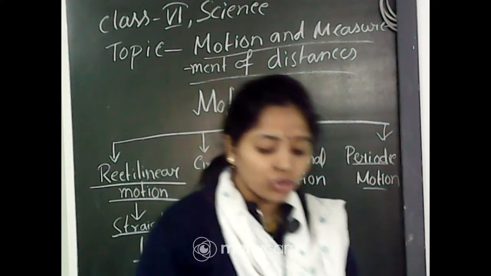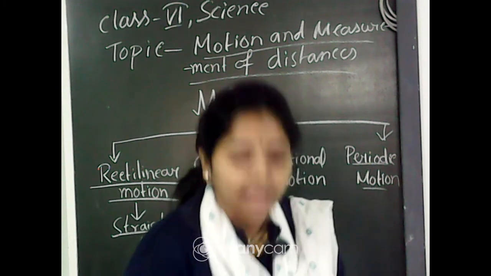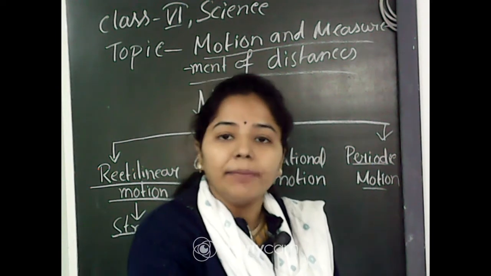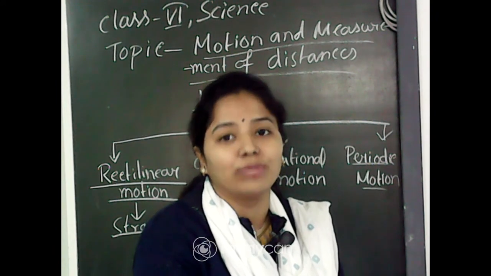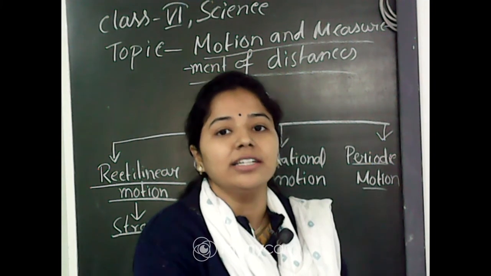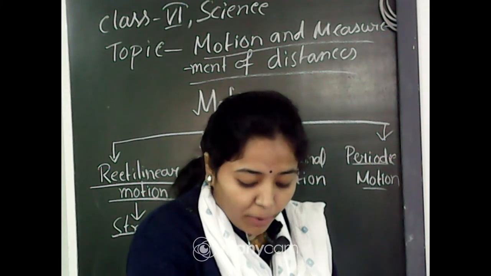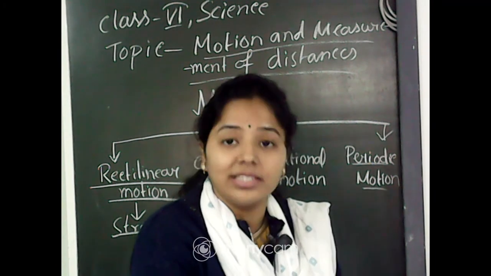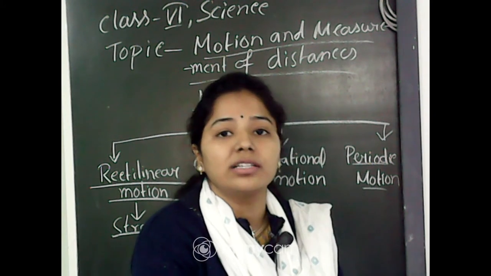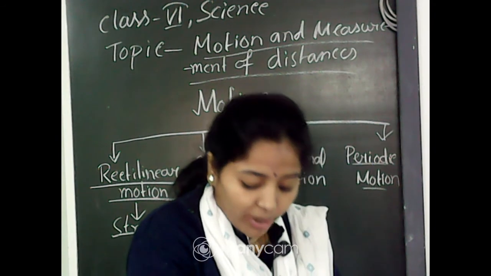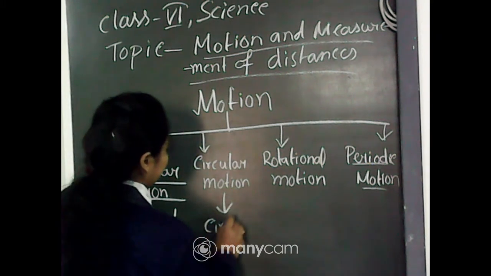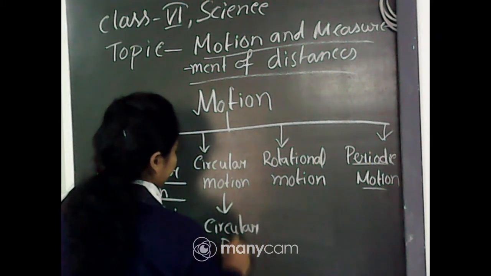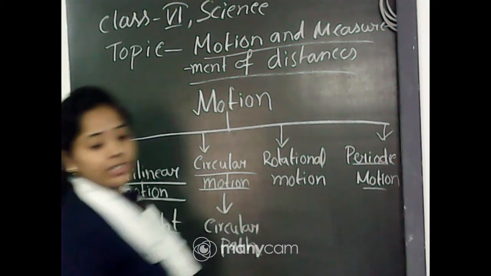Okay. Let's go to the next type of motion, that is called circular motion. The term itself says it is motion in a circular pathway, whereas rectilinear is in a straight line. The motion of a point marked on the blade of an electric fan, and the hands of a clock, are examples of circular motion. So what should we say in case of circular motion? When a body moves in a circular path, that is why the motion is called circular motion.